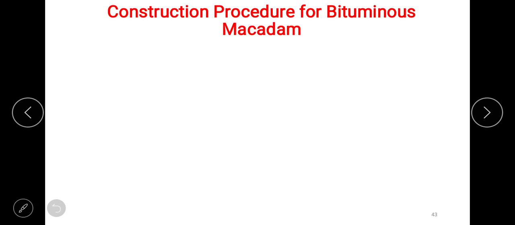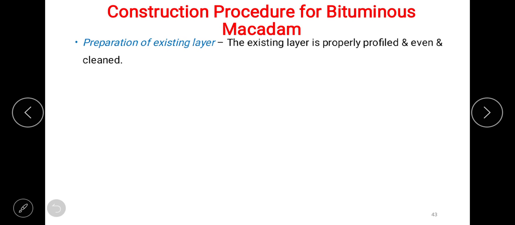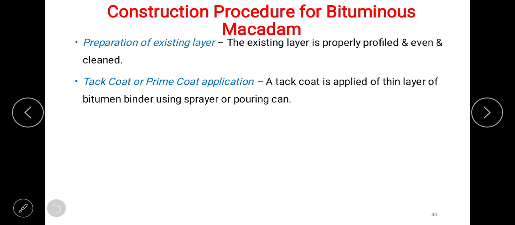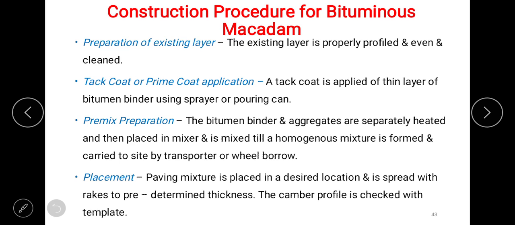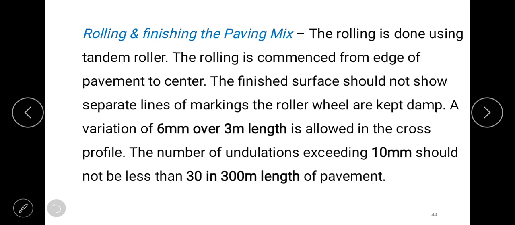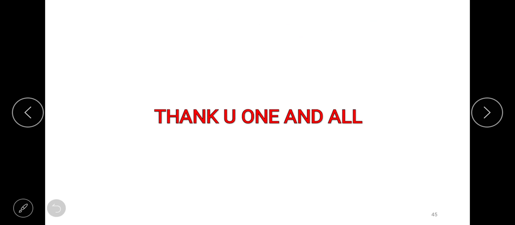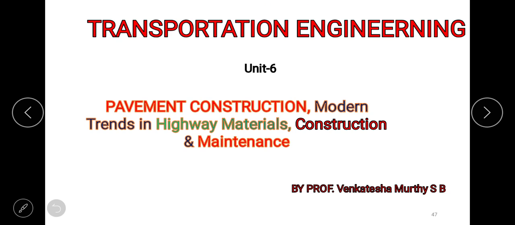Hello dear students. In the last class we have seen the construction procedure for bituminous macadam. Am I right? In that, preparation of the existing layer, tack coat or prime coat application, the need for them, then premix preparation, then placement, how it is placed. After placement, it should be rolled down so as to get the finished surface. Right, today we will see